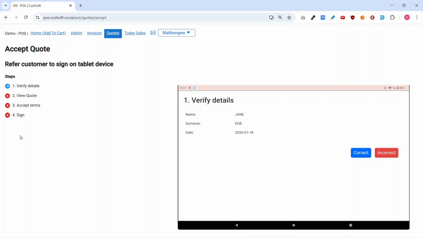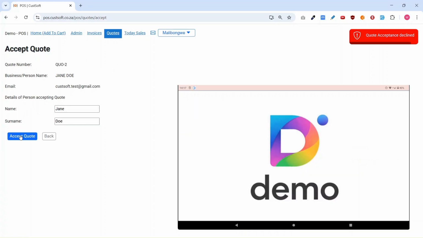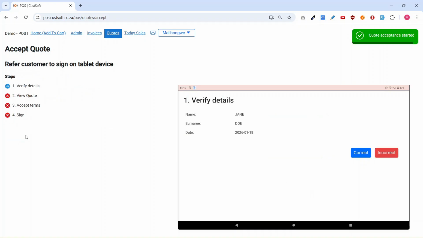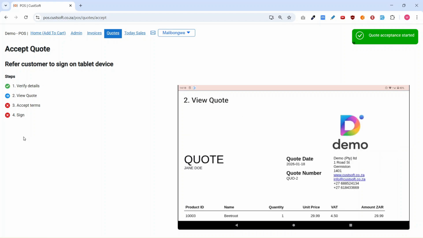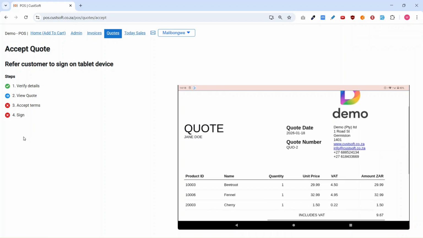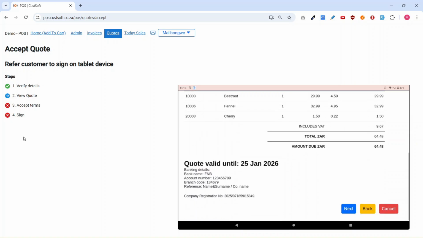The very first step would be to verify their details. If for whatever reason the details are incorrect, the customer can click on incorrect and it will cancel the flow, and then you can get the updated details and restart the flow to accept the quote. After verifying their details, they can actually view the quote on the customer facing device,